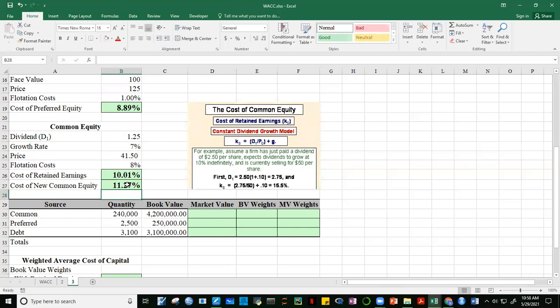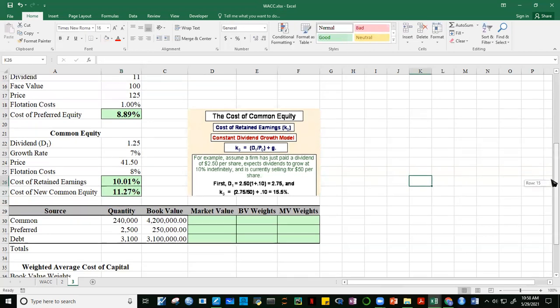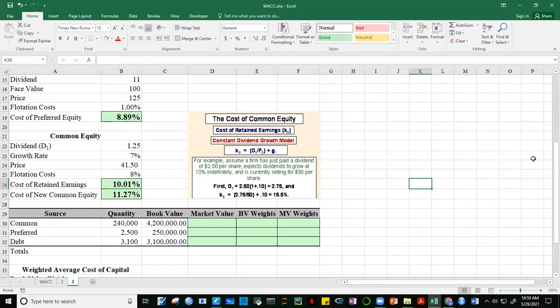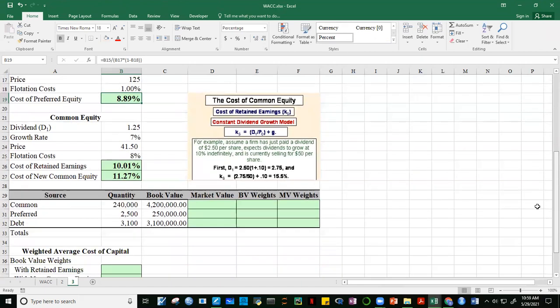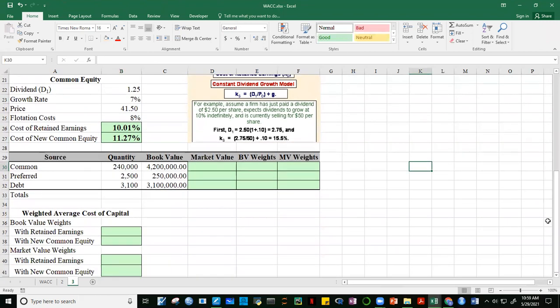So mas mataas, guys, si new equity. Okay, with that, guys, ito na yung cost of debt natin, cost of preferred stock. So depende sa common equity kung yung retained earnings ba yung gagamitin o yung new issues of shares. Okay, so let's use